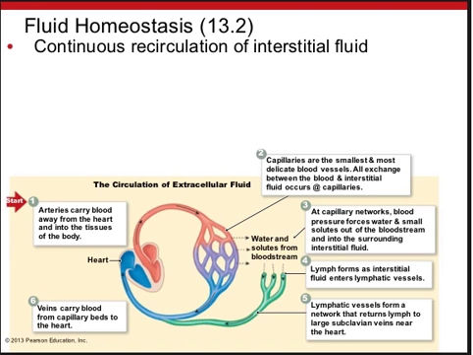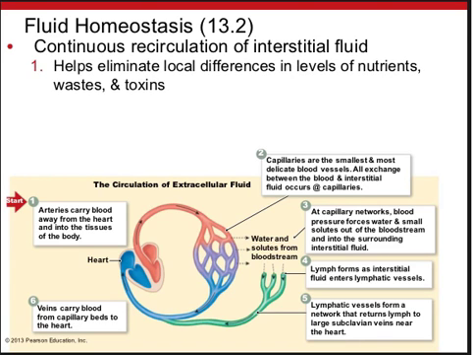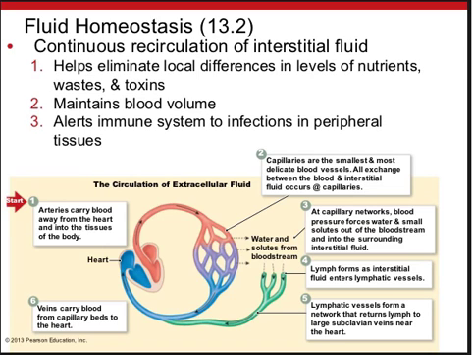There's a continuous recirculation of interstitial fluid, which helps to eliminate local differences in the levels of nutrients, wastes, and toxins. And it also helps to maintain blood volume. It alerts the immune system to infections in peripheral tissues as a result of the macrophages and the lymphocytes that populate the lymph nodes. When we encounter a pathogen, what happens is that the macrophages will engulf the pathogen and